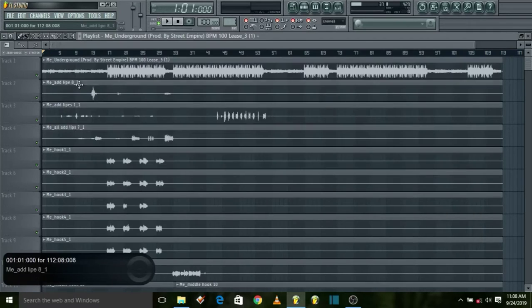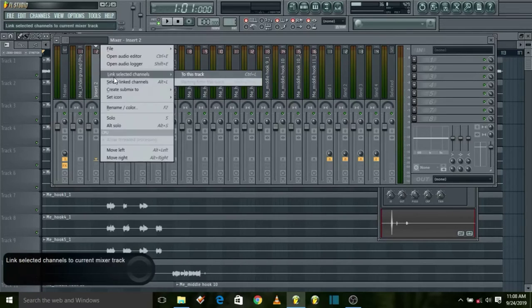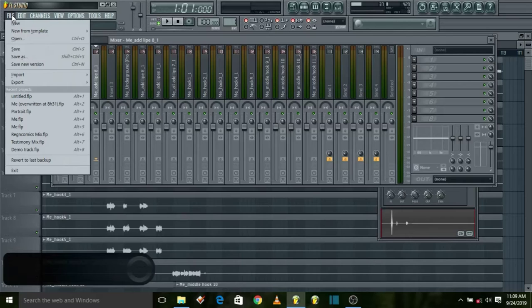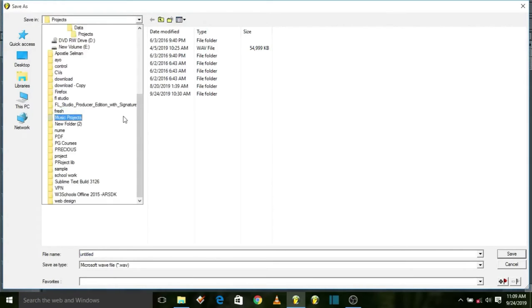Same thing for the second: double click, go over to the mixer channel, go over to an empty insert and right click, select link selected channels and select to this track. And just like that, when you're done with sending all the stems to the mixer channel, you go over to file, down to export, select wave file, and then go over to the location where you want the stem to